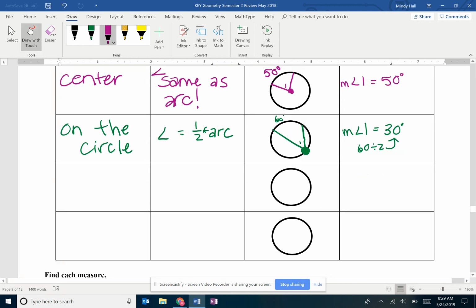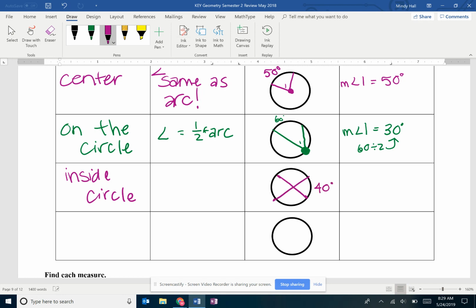If your vertex is inside the circle, so something like, let's say that, and I'm just going to make up some numbers. We're going to say this one's 40 degrees and this one's 100 degrees, which is not going to be proportional whatsoever, but that's okay. But then it is going to be the sum of your intercepted arcs, that's important,